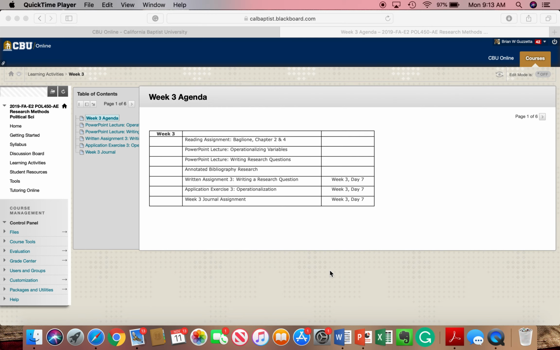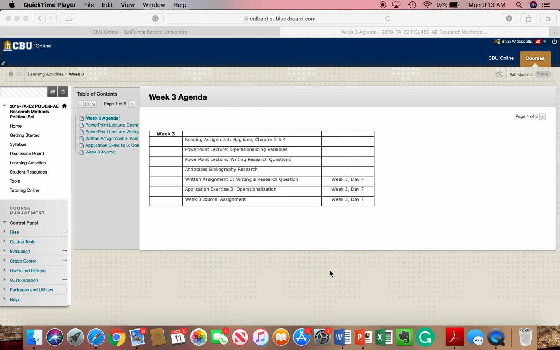Our focus this week is that we need to formulate that research question. We need to understand what a research question is, and understand that it's not a survey question. It's the all-encompassing question that your research is going to want to answer. We need to figure out how to write a research question, how to make it an applicable one, one that we could study and get some results from, that applies to our overall topic, and that is political science based. That's going to be really our focus today.